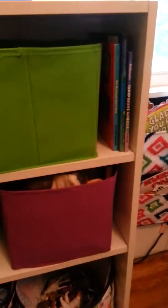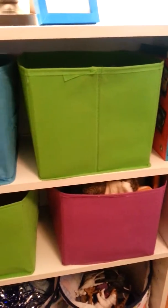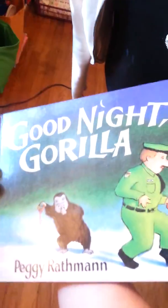And then I like to keep some books inside the classroom. I have a ton of books, but I've put them out in my barn. I like to keep some books in here just in case I need to kill time one day, read a story maybe. And I also like to keep lots of props, so